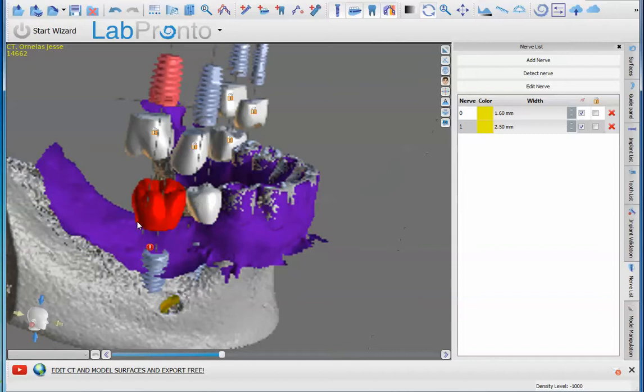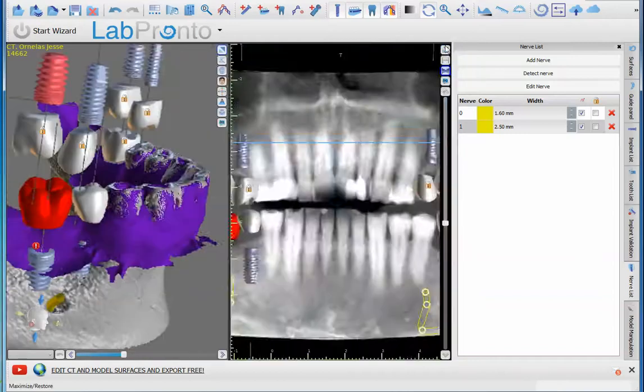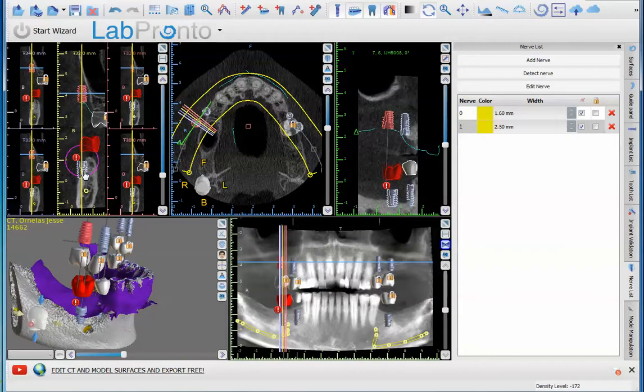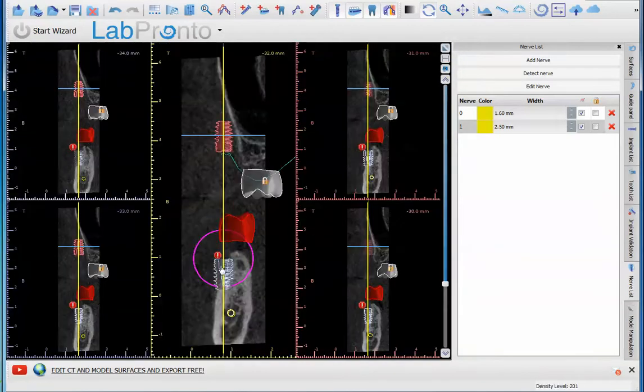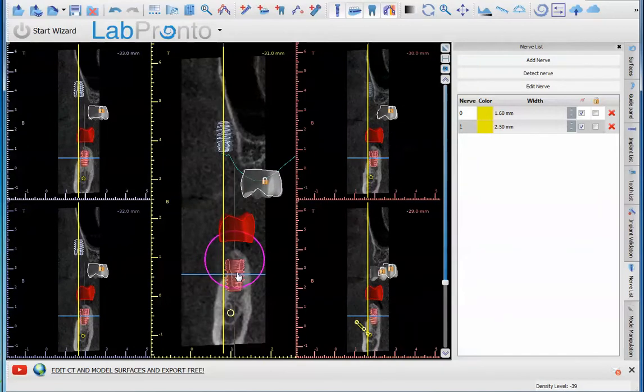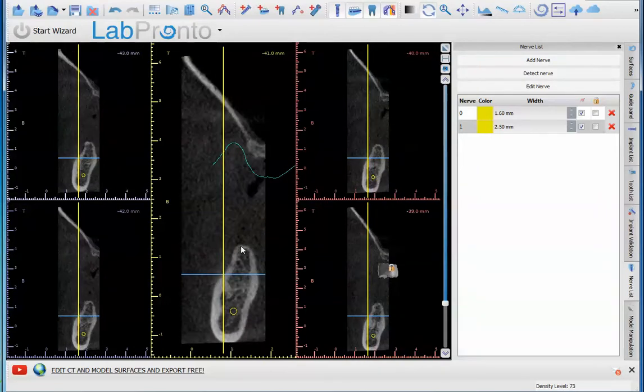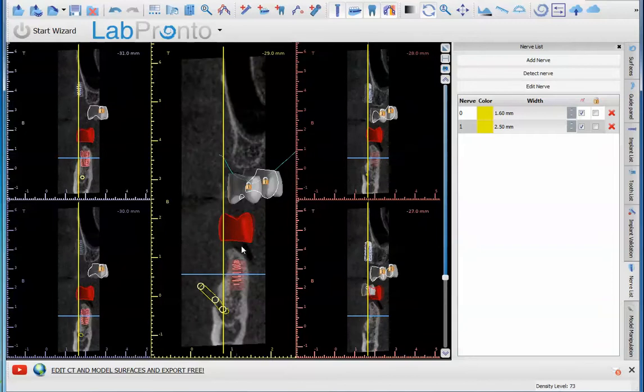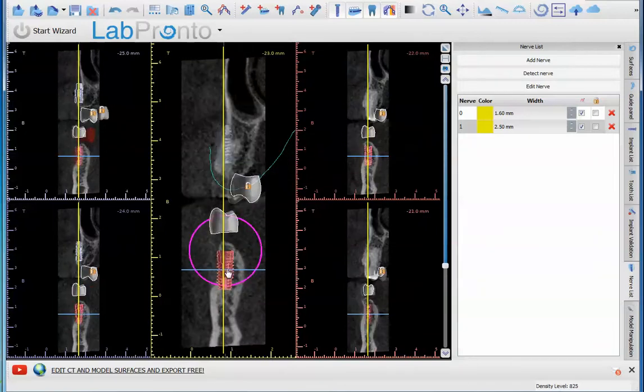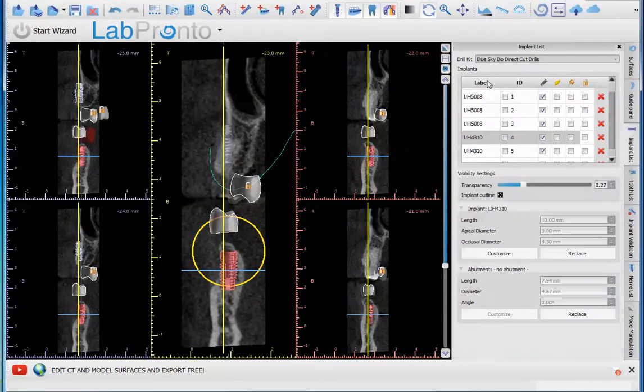So based on the cross section, this is too far out. The buccal plate, that looks better. Obviously, you need some grafting here. The premolar is out a little bit. We need to shrink this down. Instead of a 4.3, we need to change this to a,